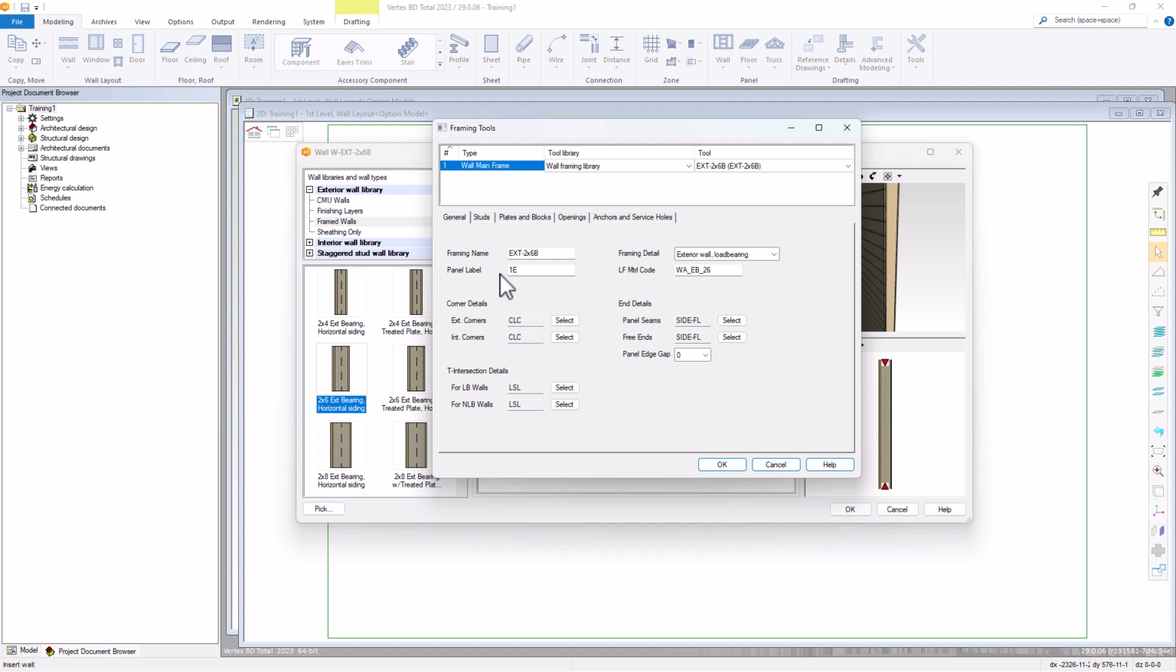The system is set up to add the level number in place of the 1. And also the panel ID or the panel label can be overridden when we start to generate wall panels. So you can create a different label scheme at that time. We have the framing detail that's being applied. This is an exterior wall load bearing. If it was a different type of wall, it would have a different type of detail applied to it, but